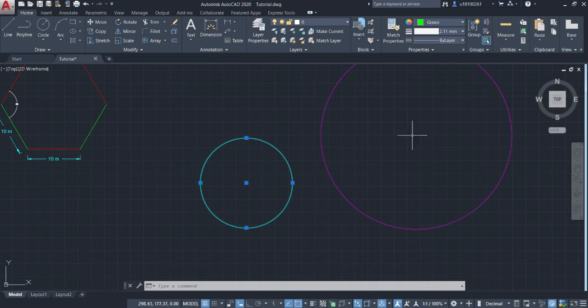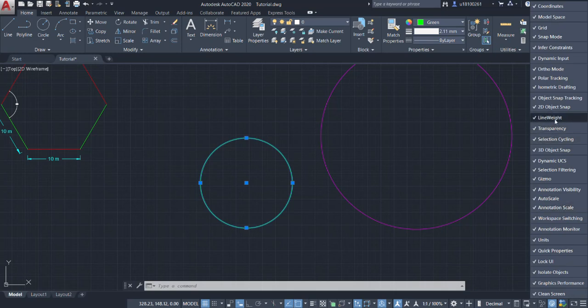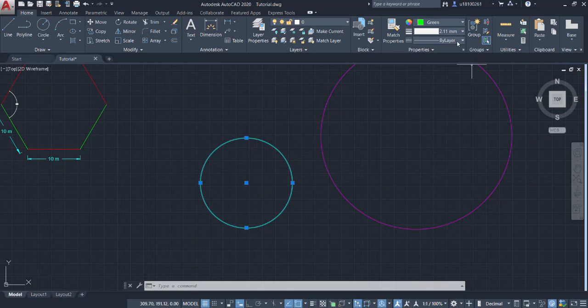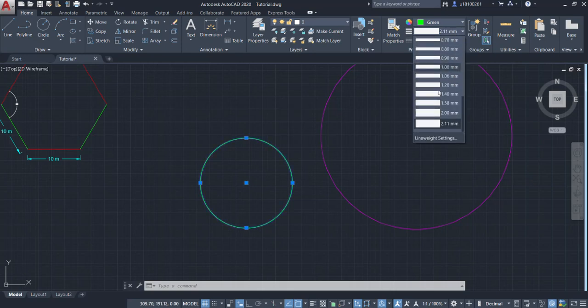Here we have to perform additional steps, so we need to enable that option. So we need to do two extra steps. First you have to go to the customization on the bottom right. As you can see, the three horizontal lines, press on it. If your line weight option is not ticked, you have to tick it. When you tick it, it means you're enabling this option. Mine is already ticked. Then you can come to the same place where we change the thickness of the line, where we can choose the line thickness, go to the line weight settings,